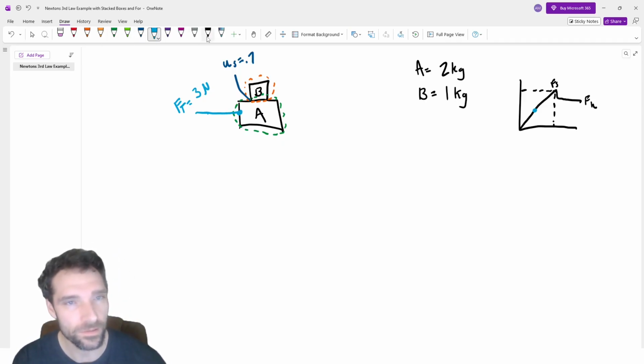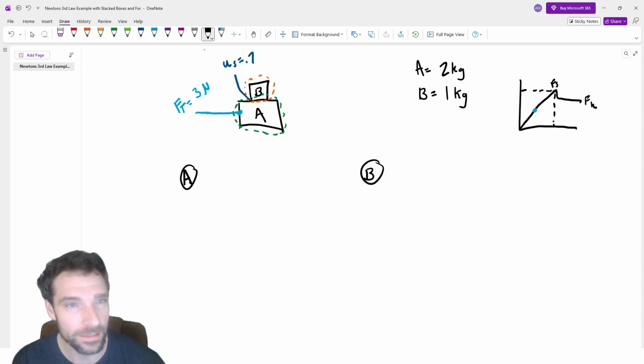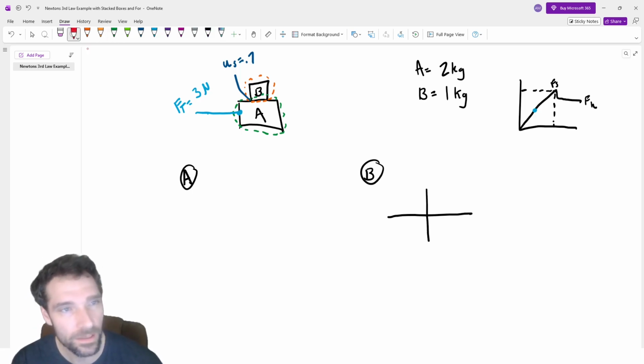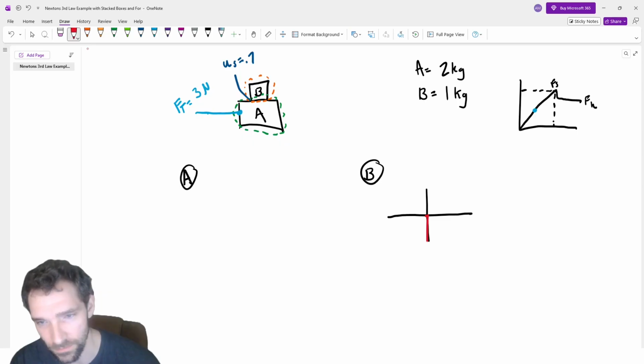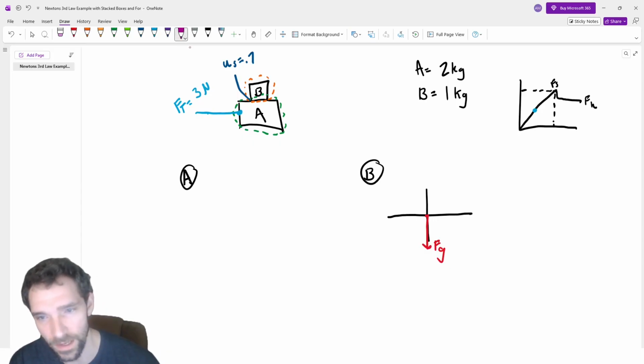So let's look at object A and object B, and we'll also do A plus B. But I think it's easier to start with B, so we'll go ahead and do that in a similar context to what we were doing last time. So we've got our force of gravity down here. You've got a force up,